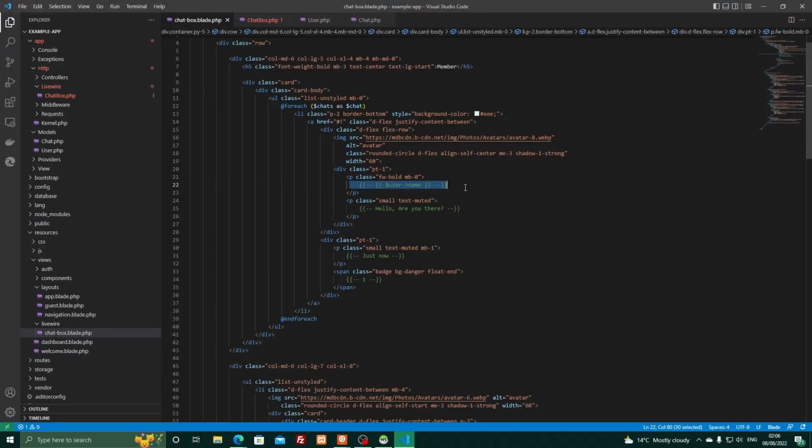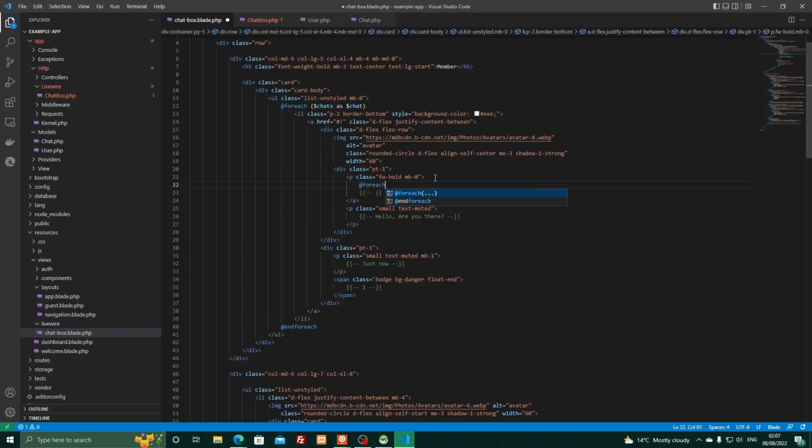The reason for that is because it would currently error as there is no user variable for us to access, and there's no name property for us to access in this instance. So what we then want to do is, I would say, add a title maybe, or a name for the chat. Or if there's only one user linked to a chat other than yourself, maybe we just show the username for that person that's in the chat. So the way we could do that is for each chat users, and